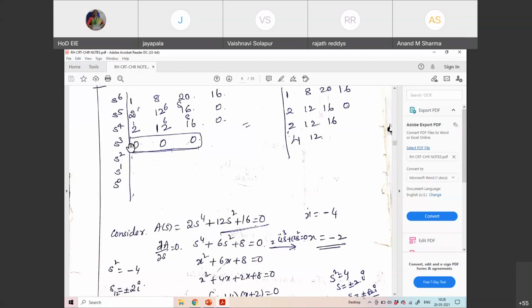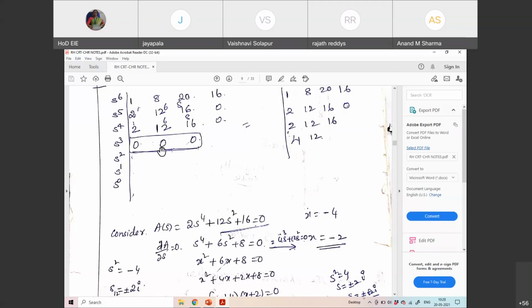It says that whenever a row of all 0s exists in the root array, it indicates that definitely the poles are lying on the imaginary axis. So it is for us to find out how many poles are lying there. Are there 2 poles? Are there 4 poles? It all depends upon the auxiliary equation. Fine. So assuming that you will complete all this, I'm just giving you the concepts of how to do it. That's what I'm trying to tell you.